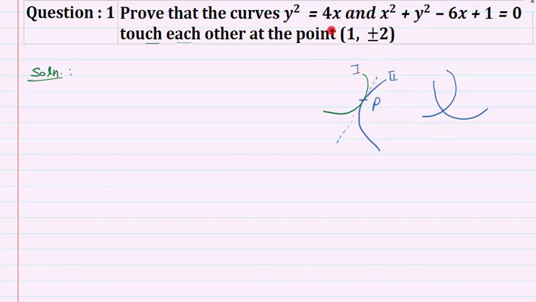So now what will be the working process? Here we will calculate first of all the point of intersection. Okay. So after calculating the point of intersection of the two curves, we need to calculate the slope of tangent for the two curves at the points that we have calculated. If these points are (1, plus minus 2), whichsoever we have to prove, then our problem will be solved. So let us proceed step by step.